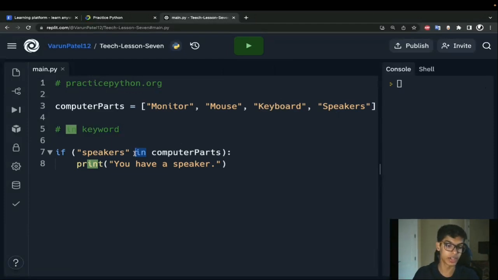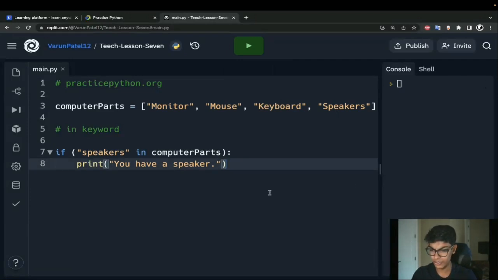So that's our in keyword. It's pretty straightforward. Now we're going to talk about using, well, actually, I should check. Does that make sense, how our in keyword is being used?